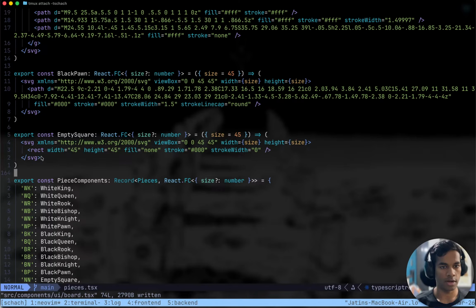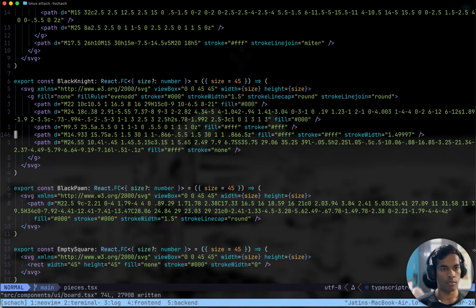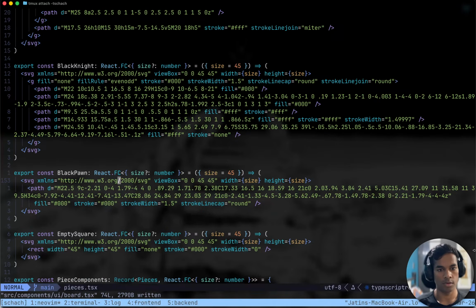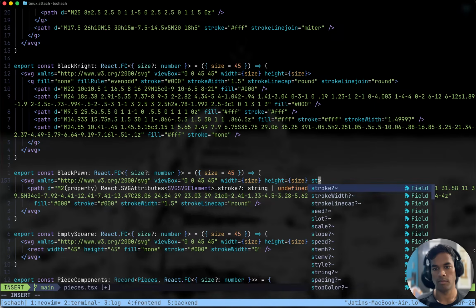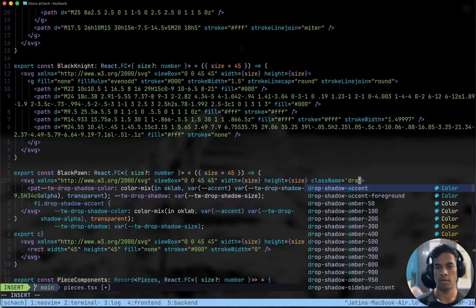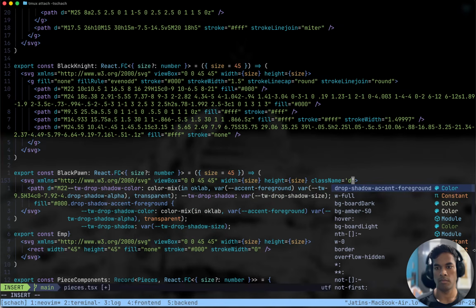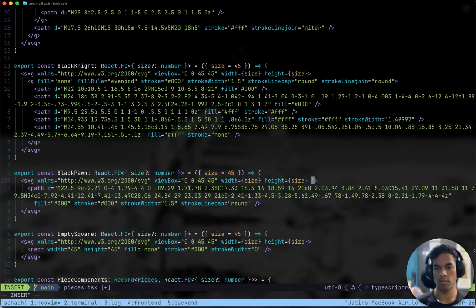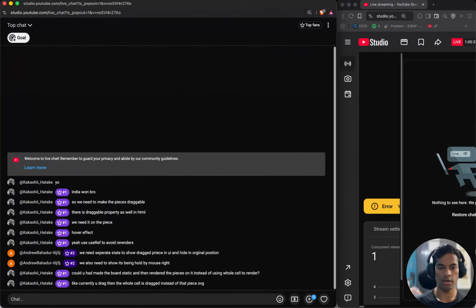In here, inside every component, we can go to, let's say, the black pawn, and inside, where is the style? This thing does not have a style somehow. Class name equals. I guess SVG does not have a draggable attribute.